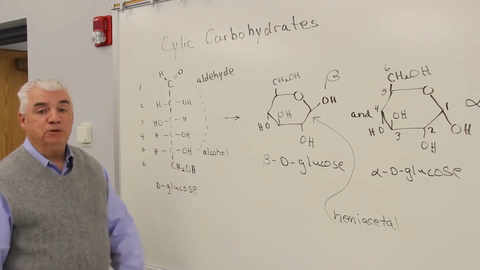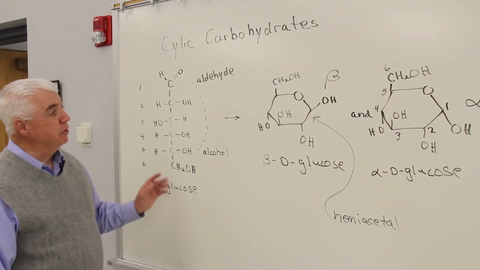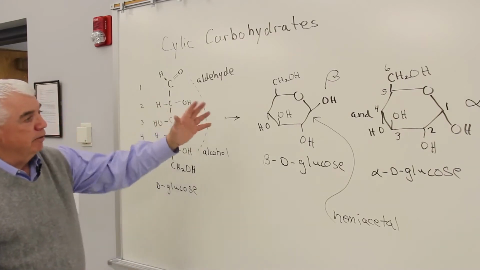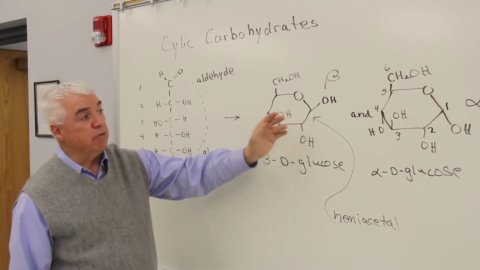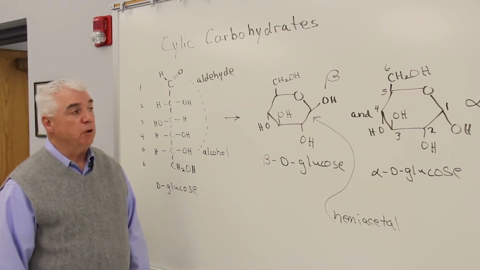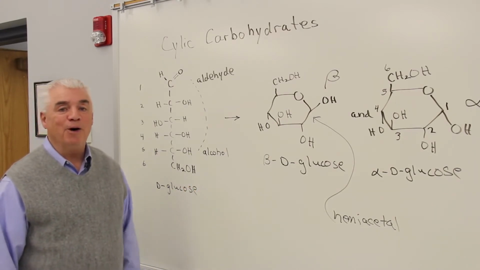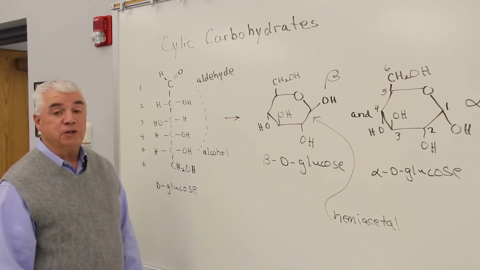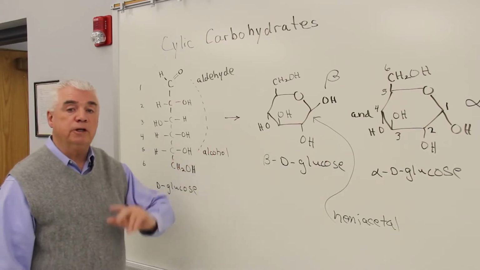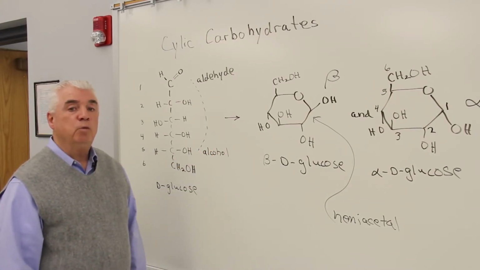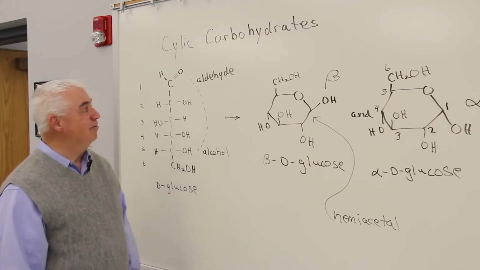Another one of the learning objectives for the carbohydrate chapter is to be able to describe the cyclic structures. Here I've got a monosaccharide, but you'll also want to be able to describe the structures of the disaccharides and the polysaccharides. We don't expect you to memorize these structures, but we'd like you to be able to describe them